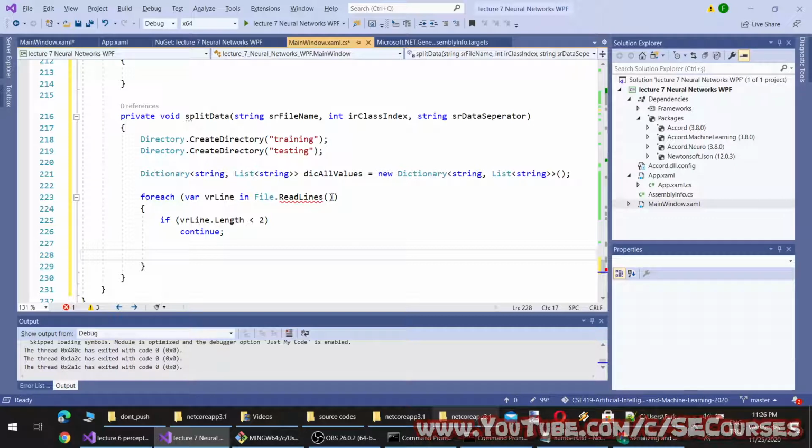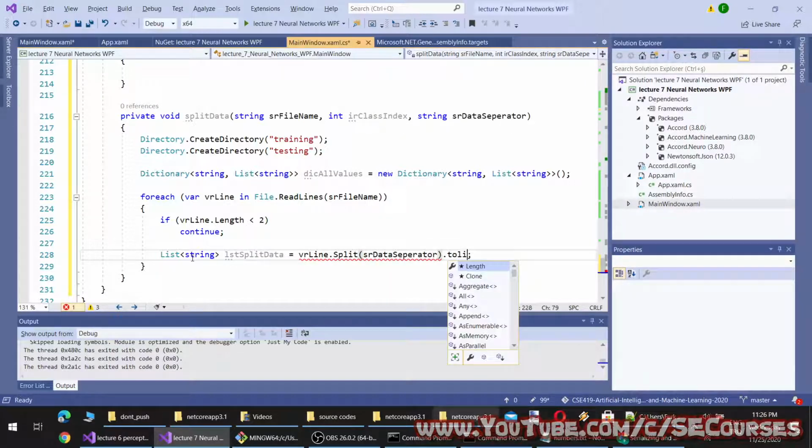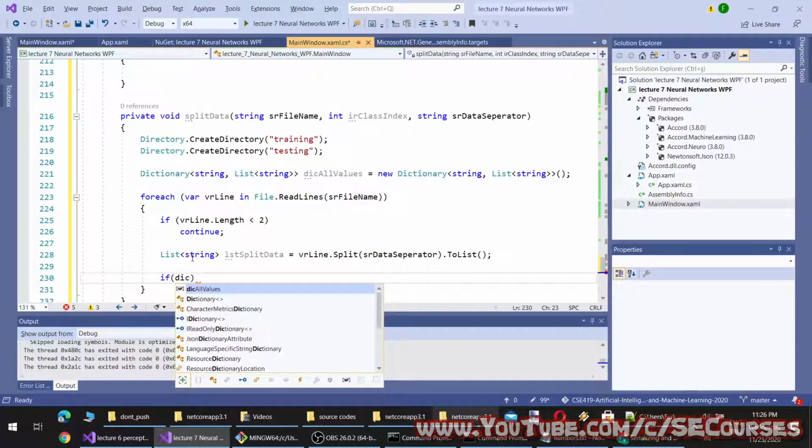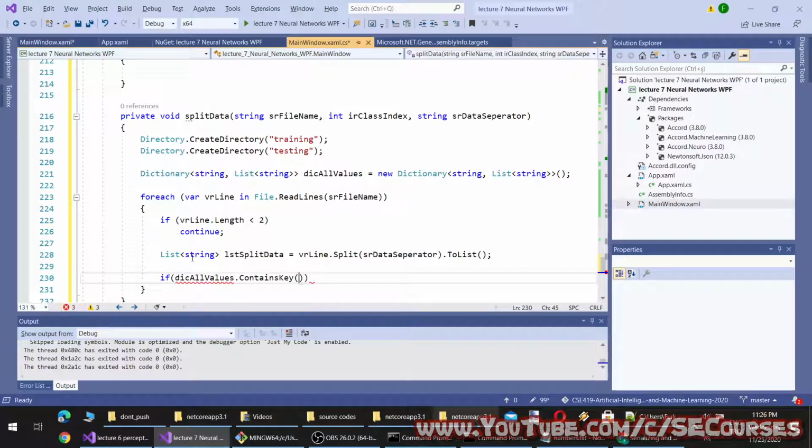So it will read the file name, then, if the list always contains the key.